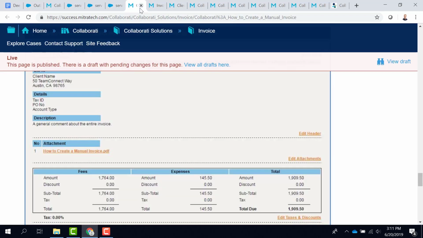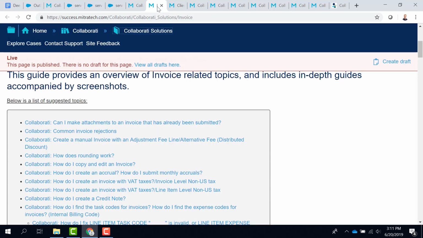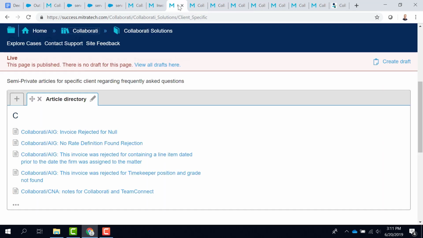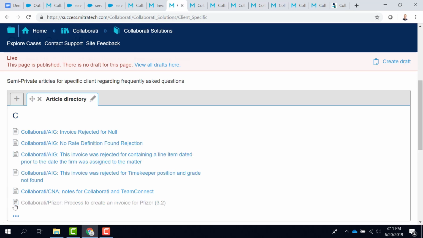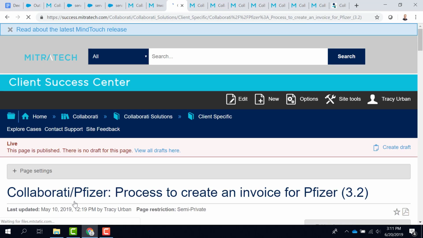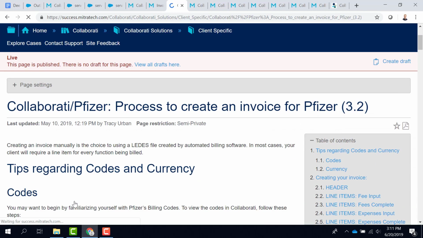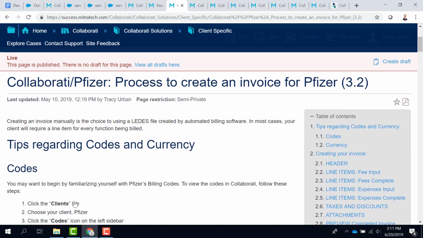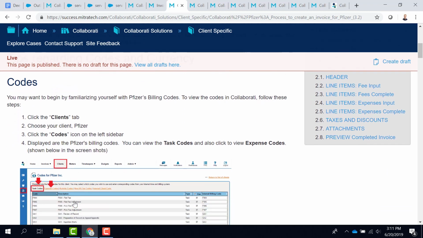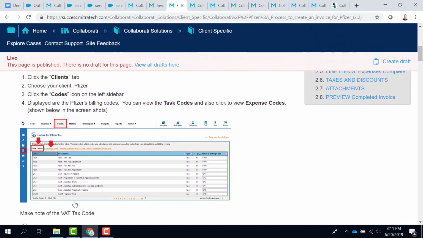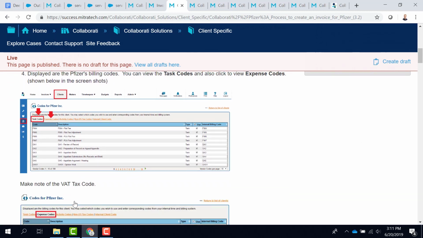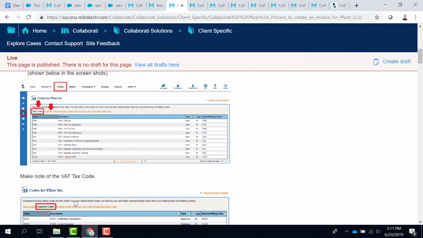So in MindTouch, if you click on the client-specific solutions, you'll see that there is one for Pfizer. And this has some tips regarding the current codes and the currencies. So we got so many questions and so many invoice rejections that we put these guidelines together for vendors from